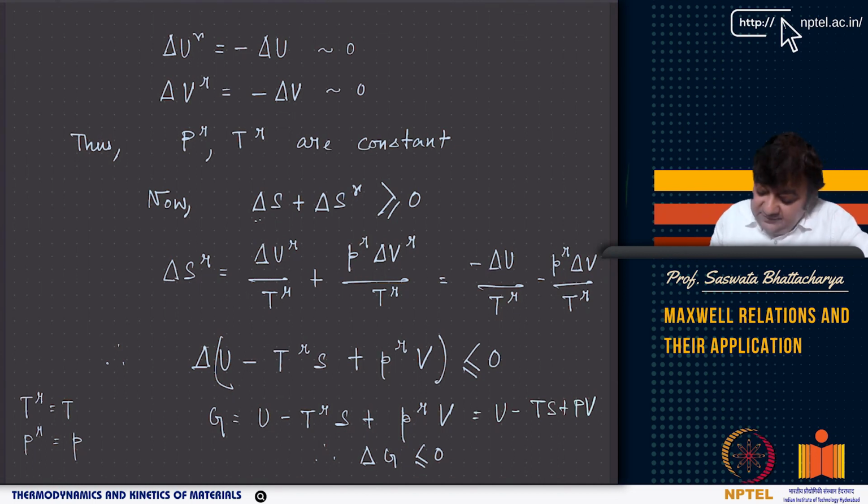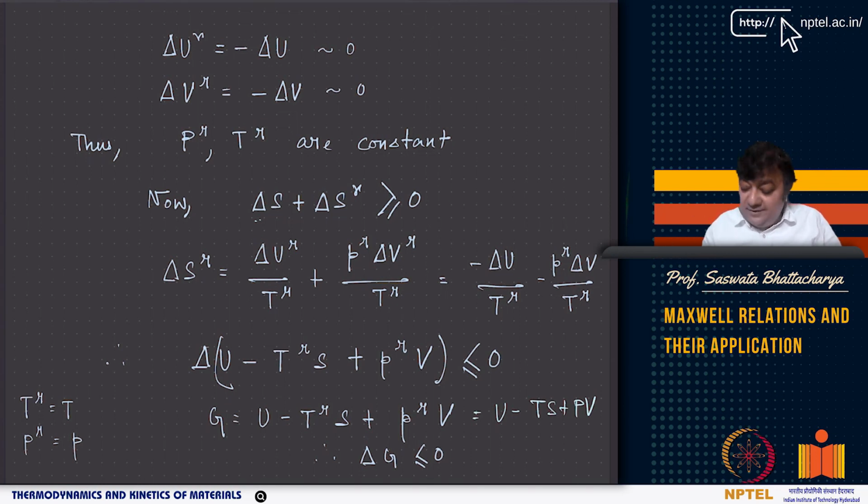So as a result, we can directly write delta G less than or equal to 0. Again, it gives you the Gibbs free energy minimum principle, right? It gives you the values of the unconstrained internal parameters that they will assume, which are basically those which will minimize the free energy. The extremization conditions, if I write in terms of differential form, is dG equal to 0 and d2G is positive.